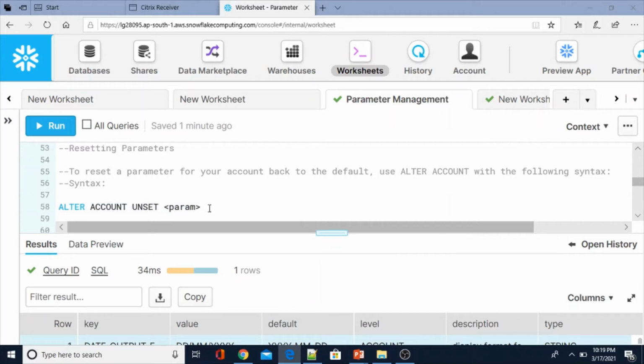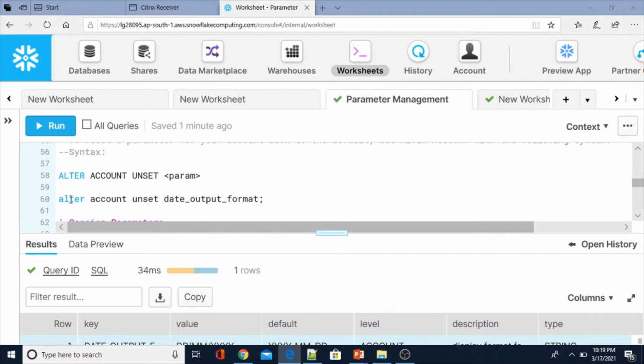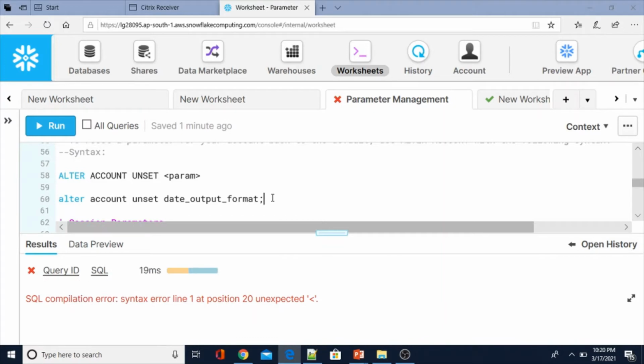We have already changed the date output format parameter, and now I am going back to default. This is the example: alter account unset date_output_format. That's all, simple.